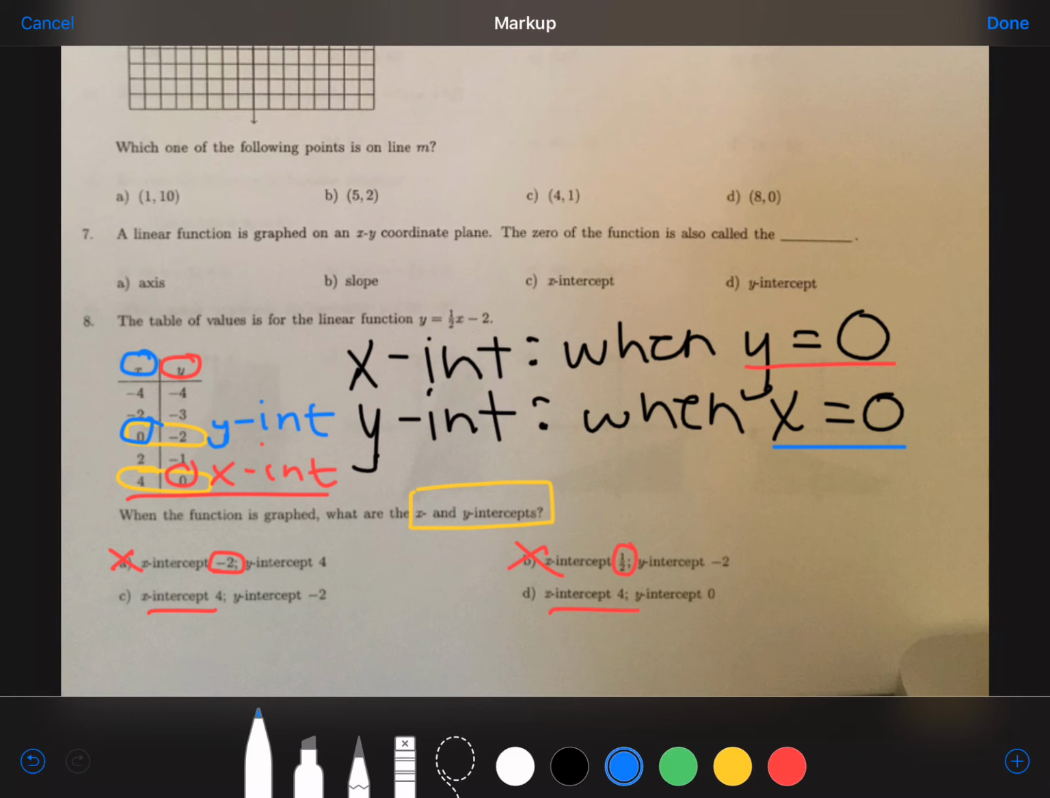But if we look at the y-intercepts, remember up here we said the y-intercept was negative 2. So if we look at C, that looks good to me. But D says the y-intercept is 0, that's why we aren't going to pick D. The answer is